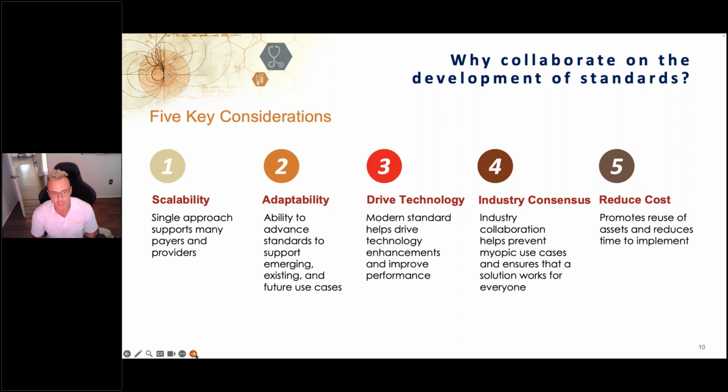One system that develops a standard behind closed doors and tries to leverage that with others is going to run into contention or perhaps repeatedly discover why the model they initially had doesn't meet all of the use cases that really exist out there in the industry. So some of the key benefits that we get from collaborating in these industry working groups, such as Da Vinci, is an ability to